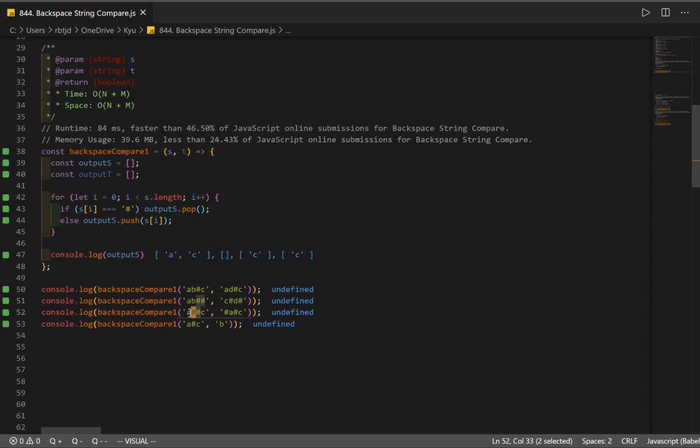When we have two backspaces and only one character, the second one is not really going to remove anything. So we have our C here, and then the last one is A sharp C, which is going to return only C because we delete our A. So that looks good. So we need to handle our other string, and this one is actually going to look